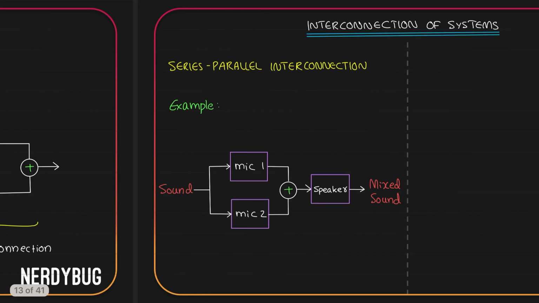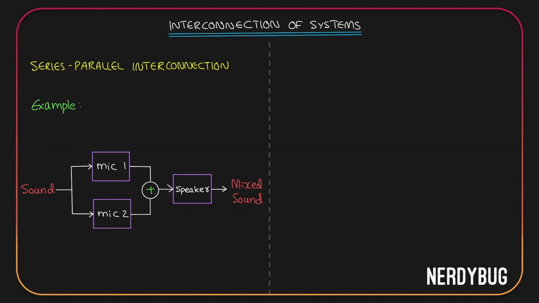A system may also be realized using series and parallel interconnection. For example, let's say there are two mics. We take their individual outputs, add them, we get a parallel connection over here, and then its output is connected as an input to the speaker. So you can say this part and this part is actually in series also. Finally, you get the mixed signal. So here you cannot with 100% surety say that this is series or parallel, because we have series connection and parallel connection here. So that is another way you can interconnect systems, series parallel interconnection.